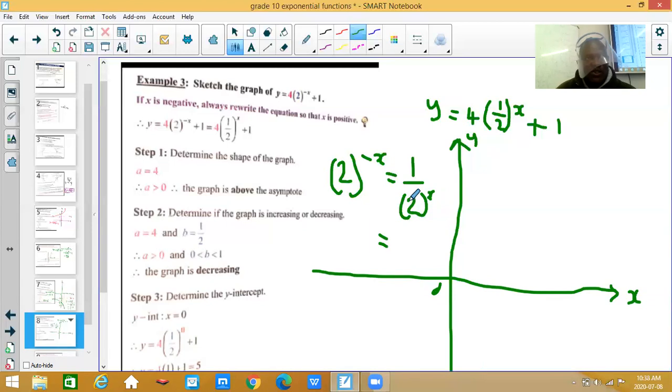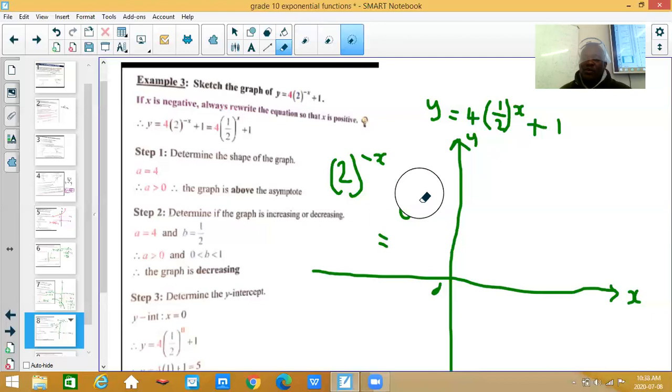If you are saying it's easier that way, you must also know that if this one is raised to the power of x, 1 to the power of x over 2 to the power of x, 1 to the power of x doesn't change anything. It remains that one, right? So this can be transformed to this, right? Now we are working from here. Now, since we are working from here, from what we learned, we noticed that,